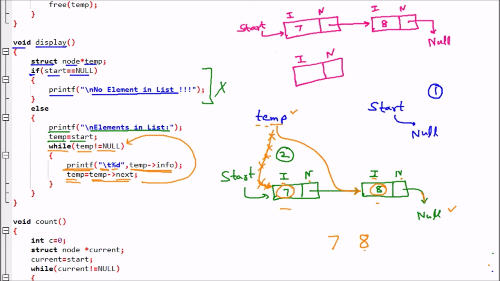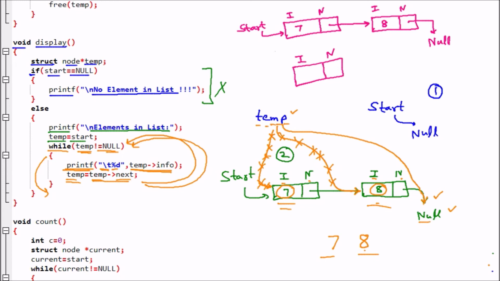So we are talking about this particular one. Now temp is modified to the next. That means this pointer is now not meaningful because it is already updated. Now it will again go back and check whether temp is null. Temp is already null because it is pointing to null. So it will come out, and we have already displayed the elements 7 and 8. These are the elements which are displayed. So this is how the linked list shows the traversed elements.